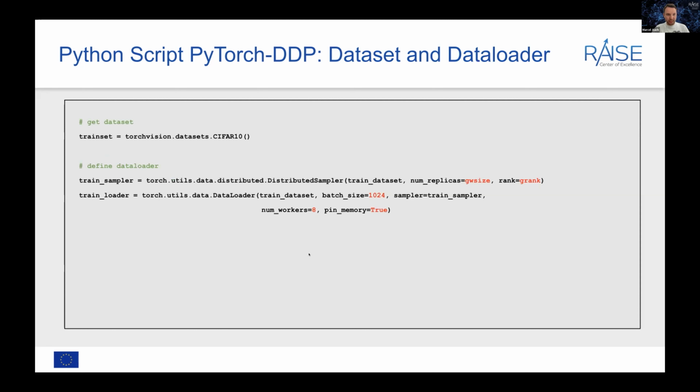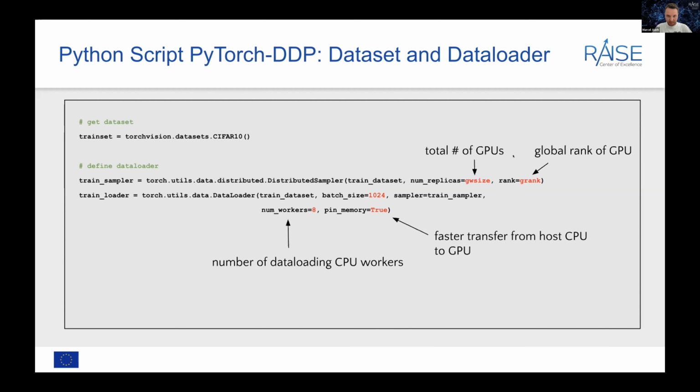Then as a next step, again, we get our data set, we define our train sampler, and instead of Horovod size and Horovod rank, we're just using the defined parameters from the previous slide. So the world size and the global rank as a unique identifier. The batch size, again, is set on a local level here. So the batch size per worker, batch size per GPU.